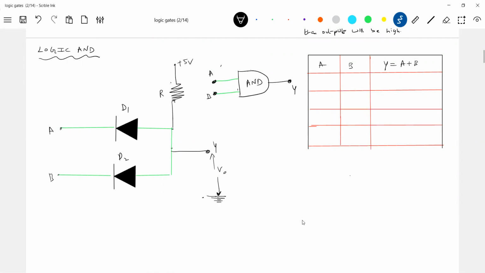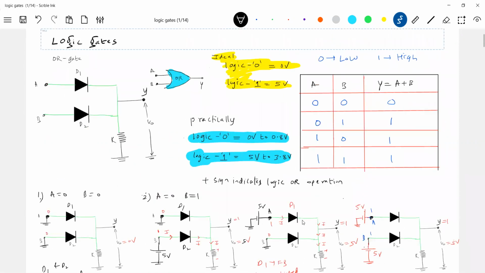Now you can ask a question like, sir, what is this? You've drawn some symbol. This is called a gate, circuit symbol, OR gate we say. Sir, what do you mean by gate? That's what we said, because through it we implement logic, no? We call it a gate. So why that gate symbol? Instead of every time drawing diode, resistor, all this, I just show it like this here.